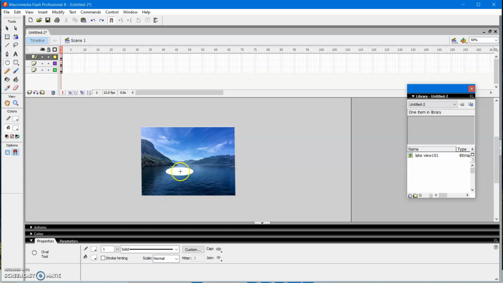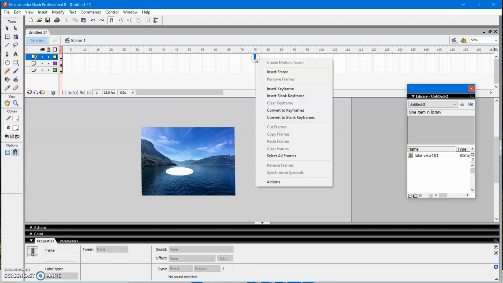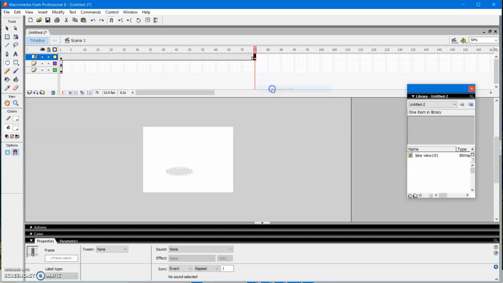Once the oval shape is drawn, select the same third layer and select any position from the timeline. Here I am selecting the 75th frame of the third layer, giving a right click and selecting insert keyframe. So you can see in the third layer, the oval I have drawn is being displayed.